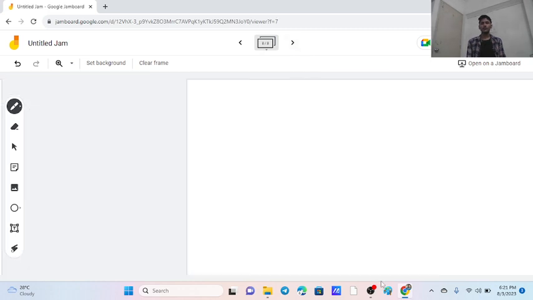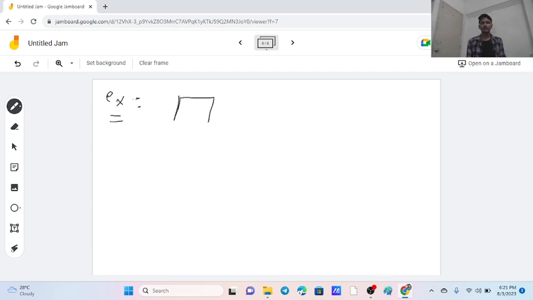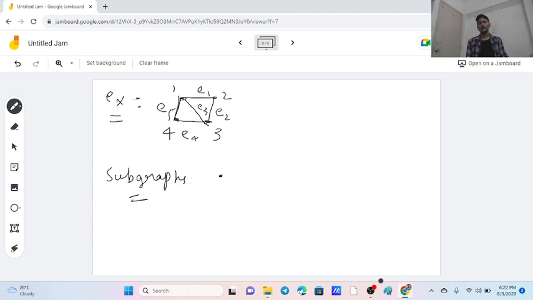Okay, so let's see an example of subgraph. Let this be a graph where 1, 2, 3, 4 are vertices and these are edges E1, E2, E3, E4 and E5. Okay, so subgraphs are basically all the vertices, means single vertices are subgraphs. Like 1, this is a subgraph, this is a subgraph,